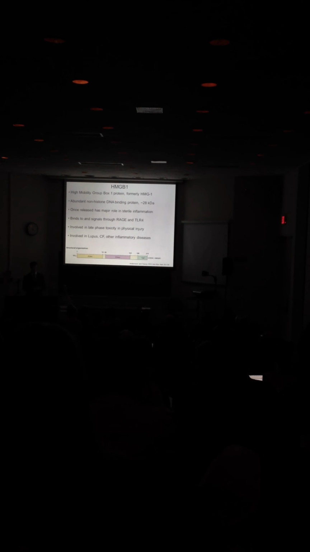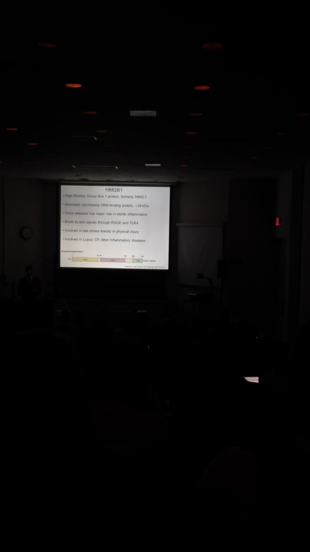So HMGB1 is another protein that gets released. This actually has a day job in the nucleus of cells as an abundant non-histone DNA binding protein. So it just kind of sits there, does its transcriptional thing. But once it gets out of the cell is when it becomes really exciting to me because it has a major role in sterile inflammation. So it binds to a couple receptors, TLR4 and RAGE, and it's actually involved in late-phase toxicity, in physical injury,